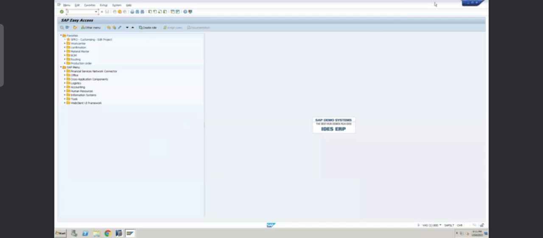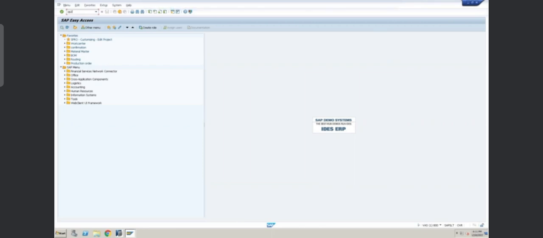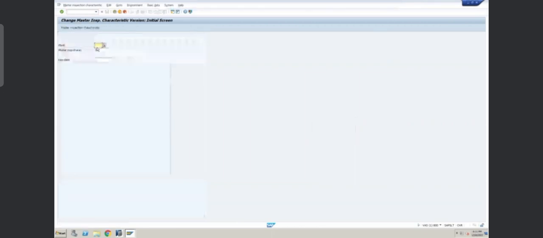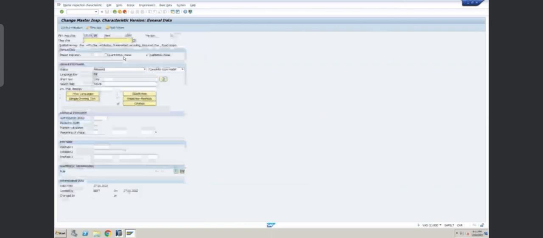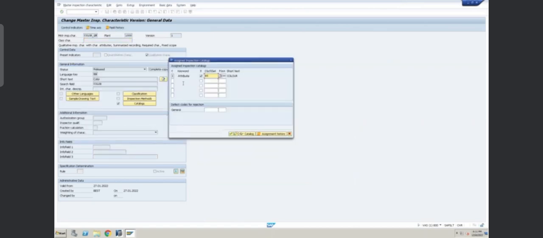So what is the characteristic that we have created? Let me go to transaction code QS23. Okay, we have created the characteristic in plant 1000. The one which we have created is color underscore QM, right? So here we have assigned a catalog while creating this qualitative characteristic. If we click on this catalog button, we can see there is a catalog